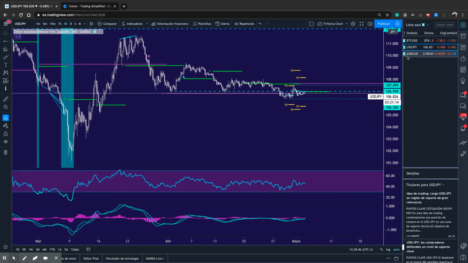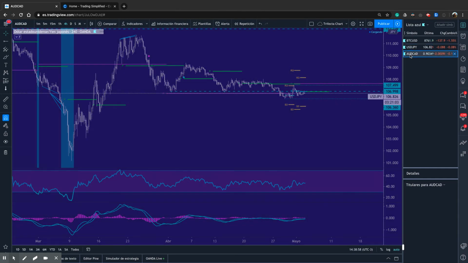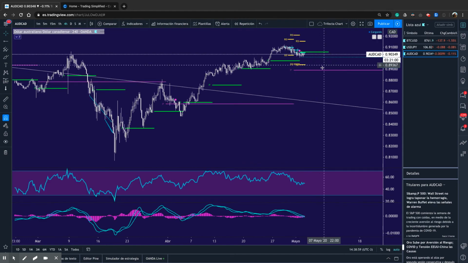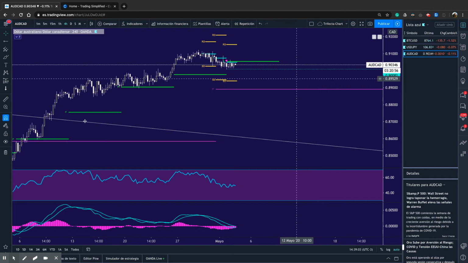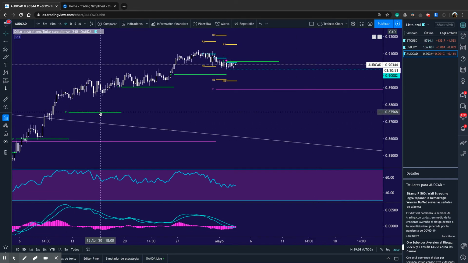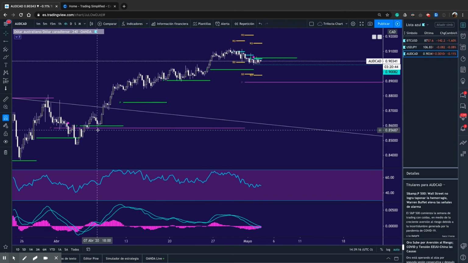Okay, but if you are not certain of this, you can just leave the US dollar against the Japanese yen, and we can focus on a better setup. Okay, and last of all, we have a nice price action setup over here with a nice target with April's pivot over here, with this weekly pivot. And we have a nice setup here because we can see that the price has had strength over here,